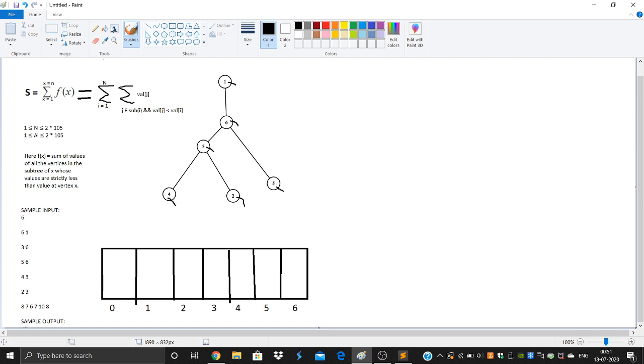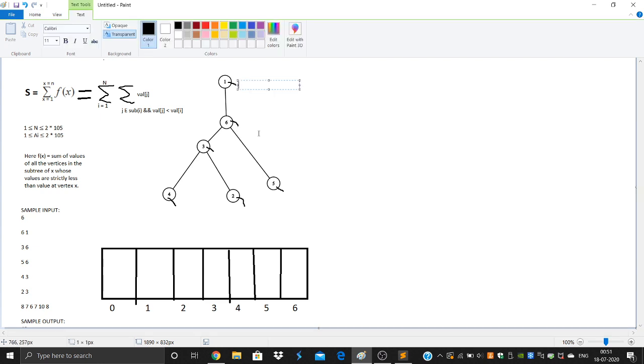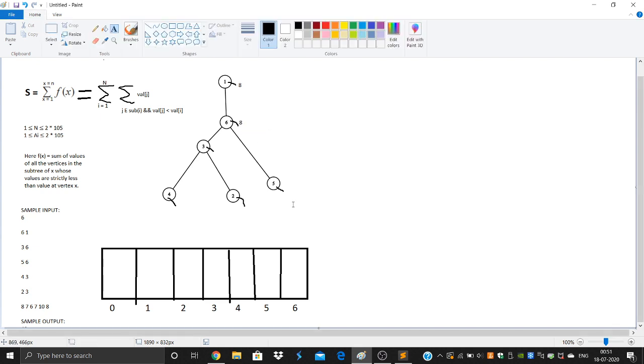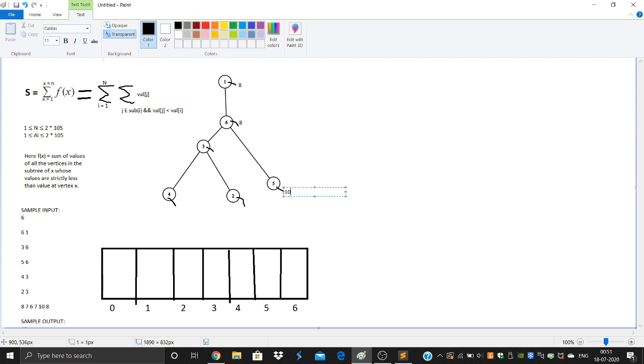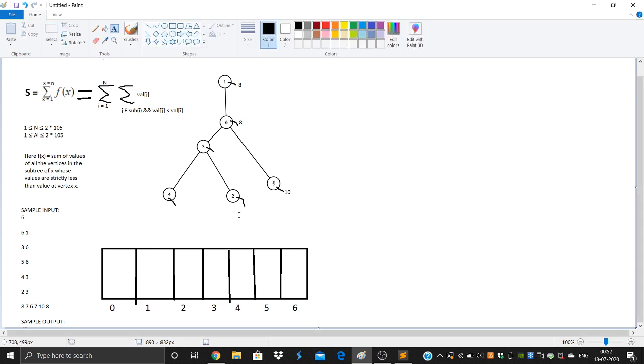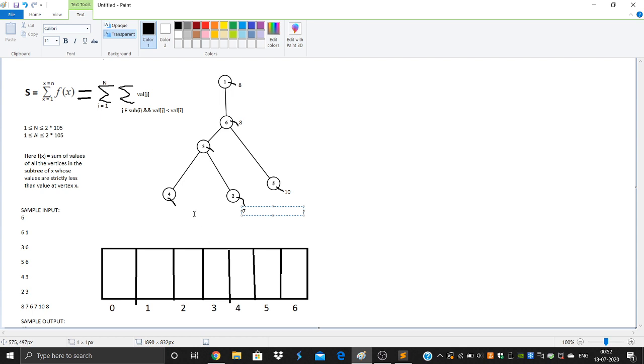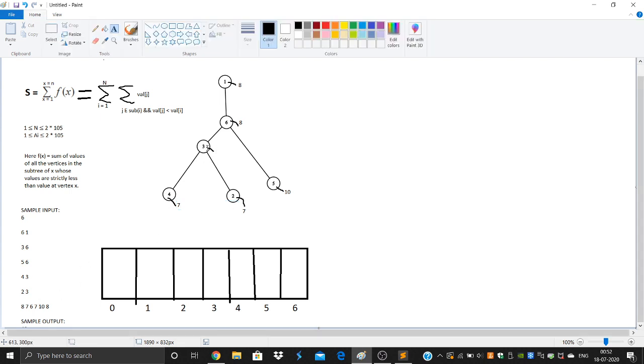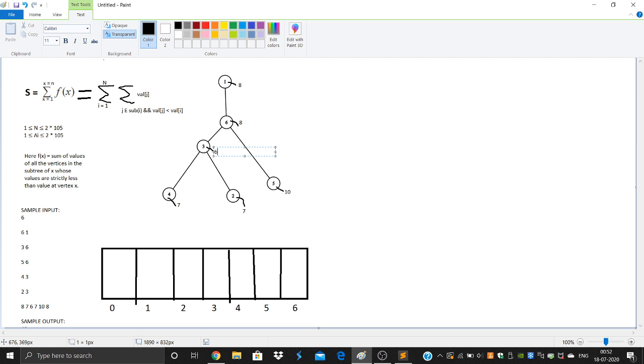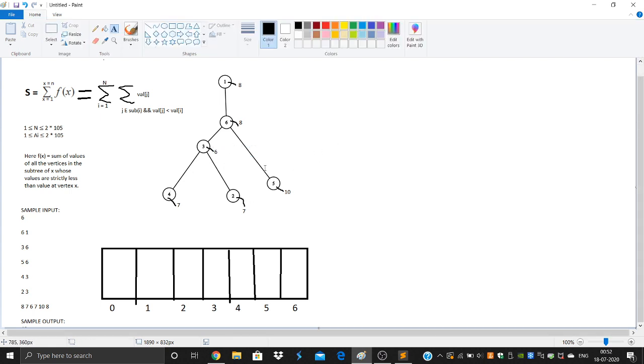So the value at node 1 is 8, the value at node 6 is 8 again, the value at node 5 is 10, the value at node 2 is 7, the value at node 4 is again 7, and the value at node 3, as you can see in the sample input, is 6.